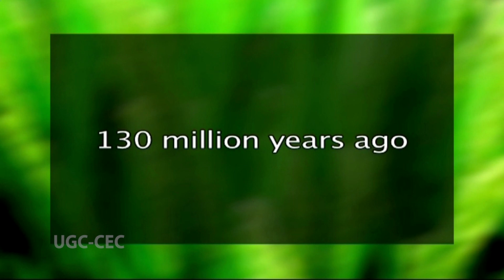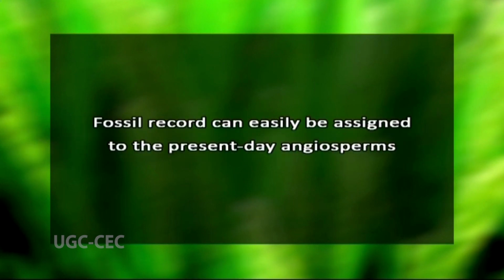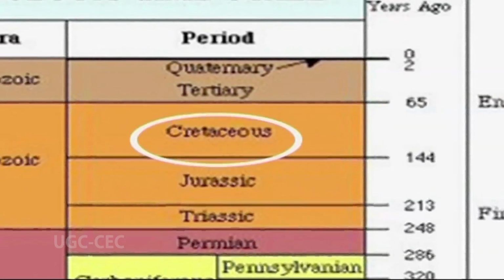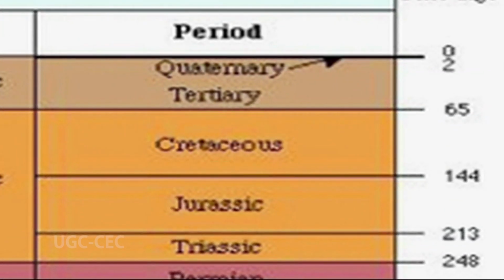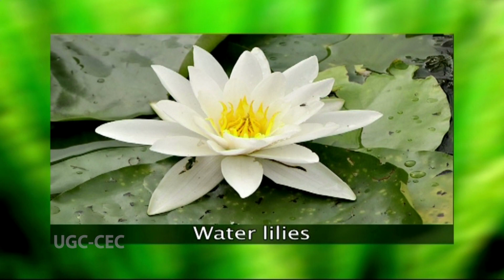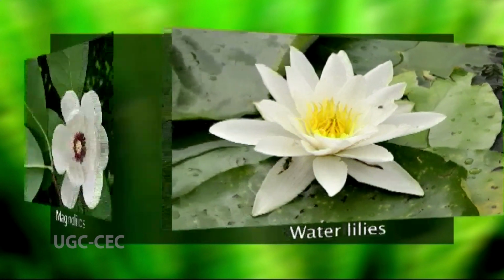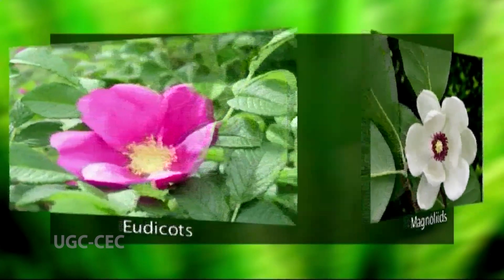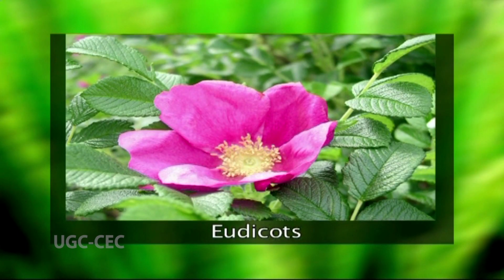These earliest flowering plants in the fossil record can now easily be assigned to the present-day living groups of angiosperms. Many major angiosperm lineages can be recognized by the mid-Cretaceous period. For example, water lilies, magnoliids, and the eudicots were present by